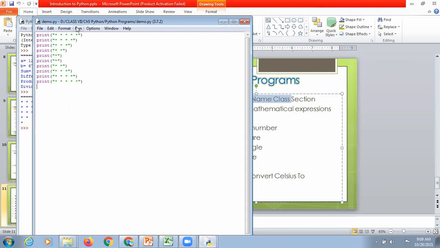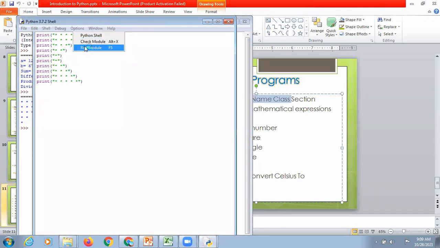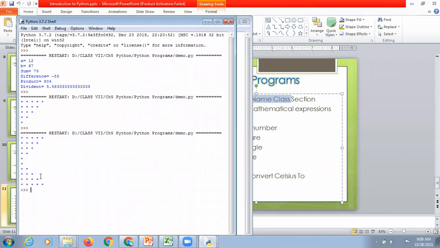Save it, check it. So now we have created this pattern. So you can create any type of pattern. You can even write your name with the help of these stars, if it is possible for you, because it is a little complex.